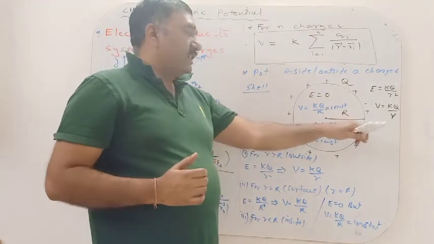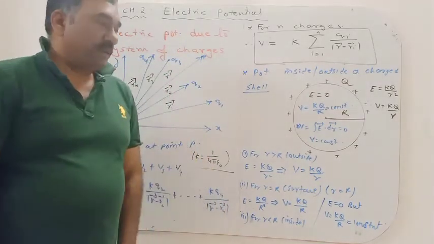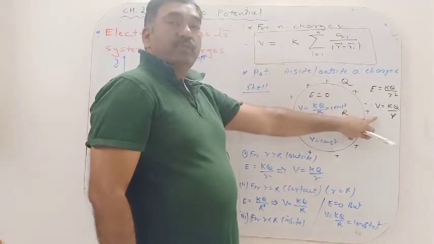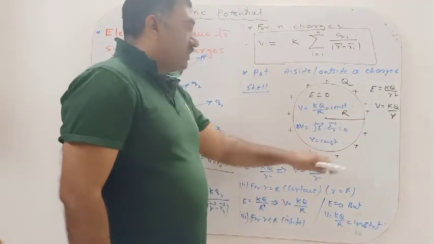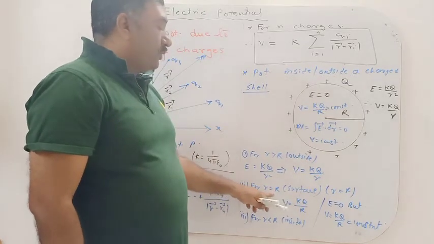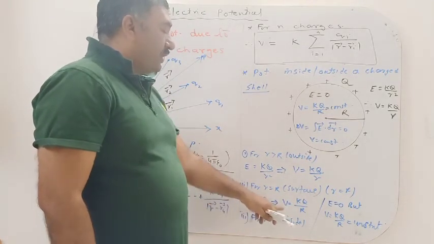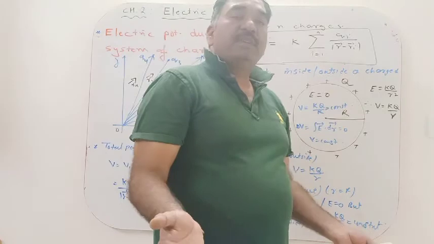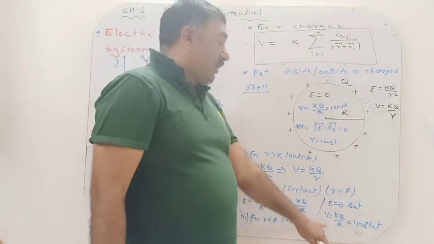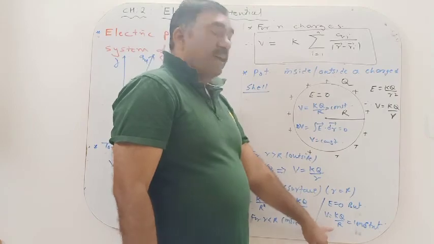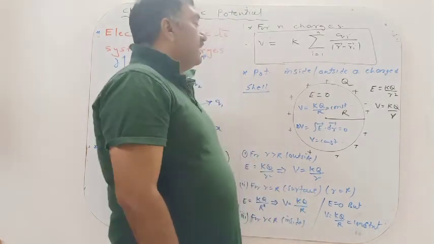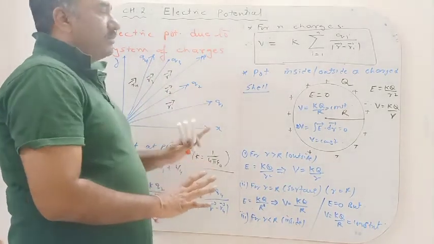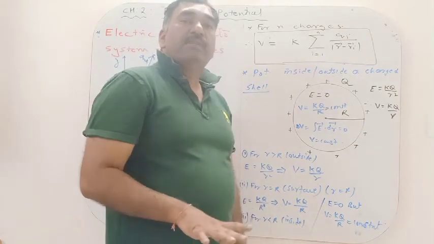So we are taking a spherical shell of radius R and q is the amount of charge present on the shell. We know that outside the shell the electric field is kq by r square, therefore its potential should be kq by r. When you come to the surface of the shell, small r is equal to capital R, the electric field is kq by R square, therefore the potential becomes kq by R. And inside, where the electric field is 0, the potential difference between 2 points is 0, therefore the potential at every point remains constant. So V equal to kq by R remains constant inside a shell. For a system of charges the total potential is a simple addition because it is a scalar, but inside, remember, the potential remains constant but the electric field is 0.